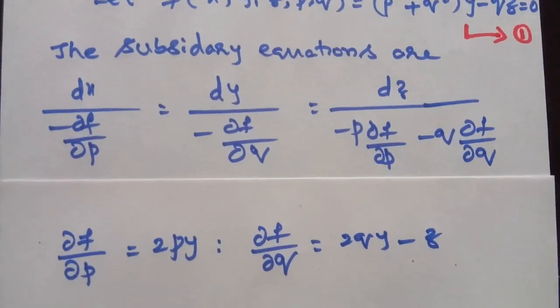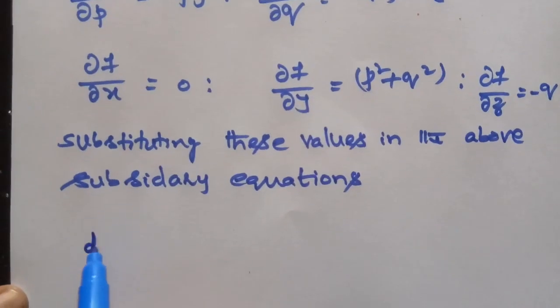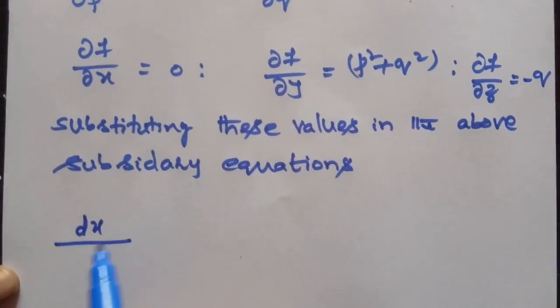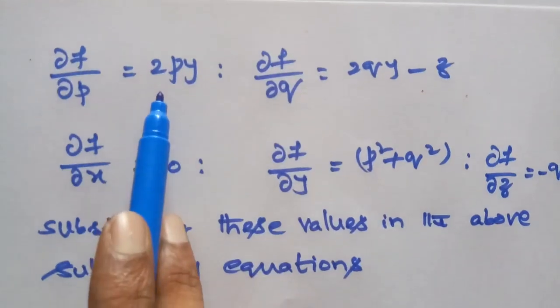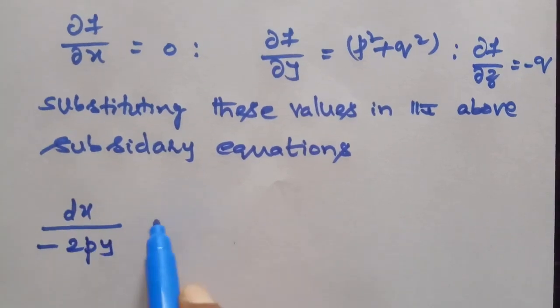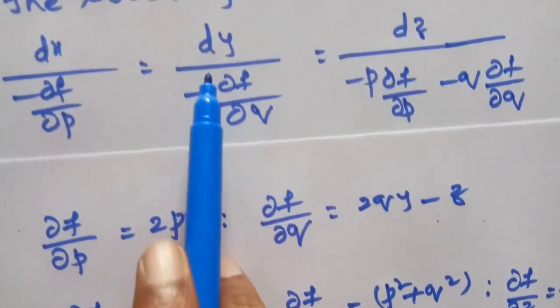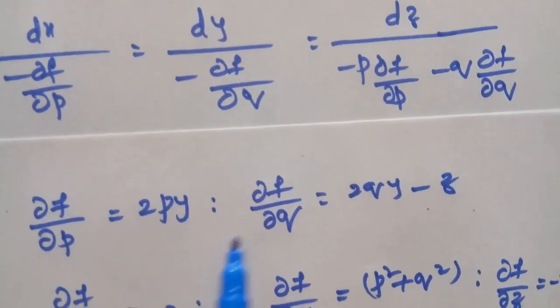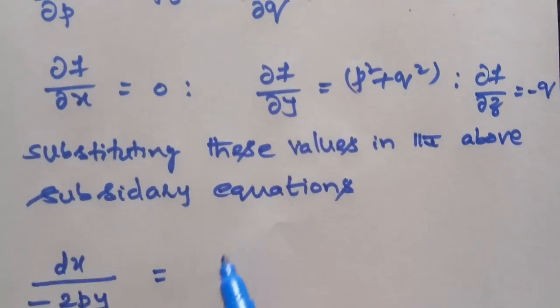Therefore dx by minus dou f by dou p, that is minus 2py. So therefore minus 2py is equal to dy by minus dou f by dou q. So dou f by dou q is this. So dy by